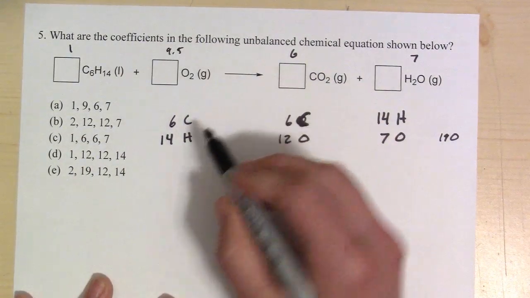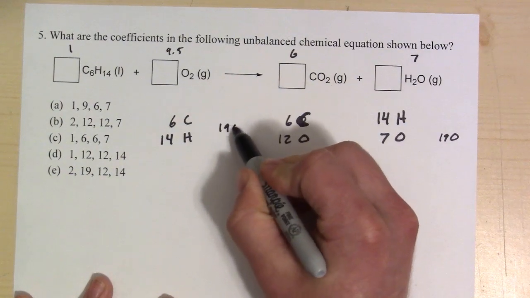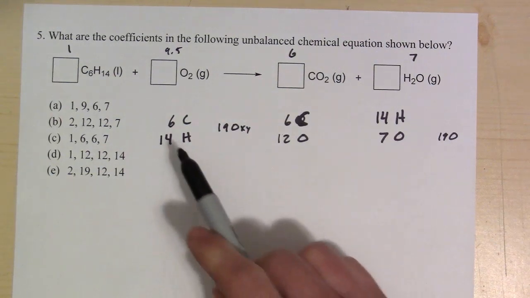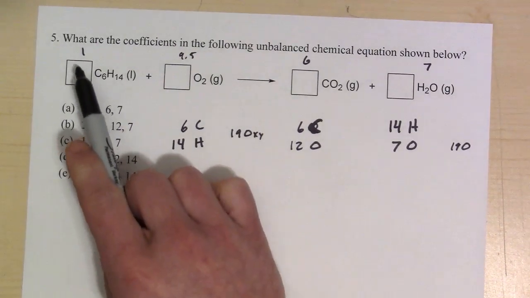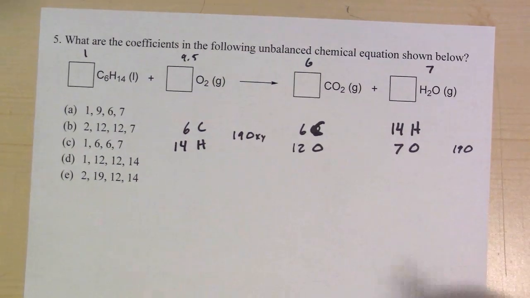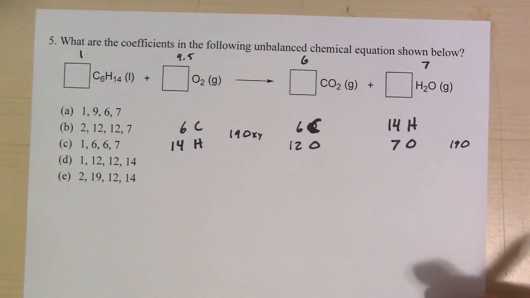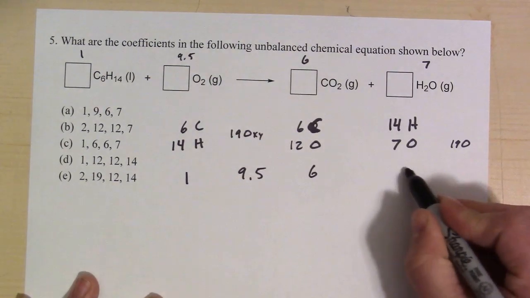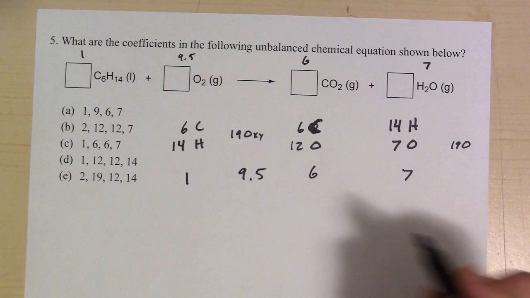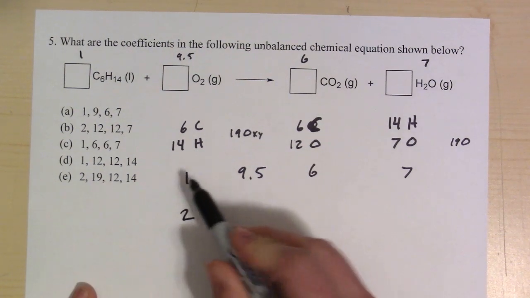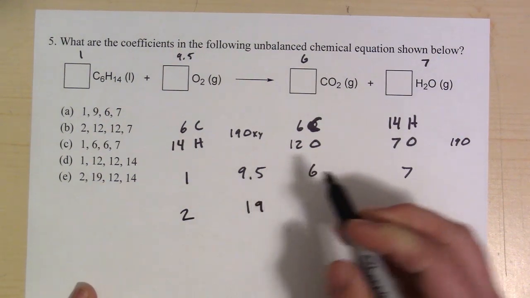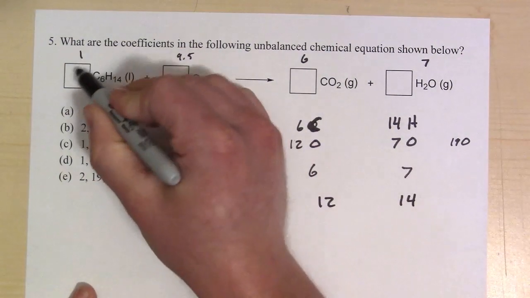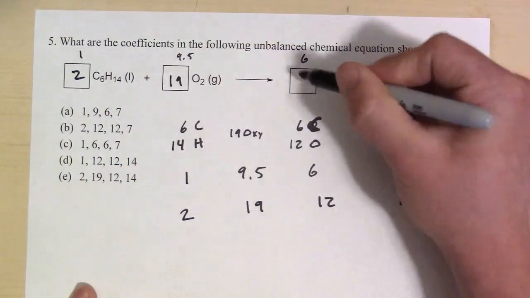So if we multiply that by 9.5, we do get 19, and this is oxygen. So our coefficients temporarily will be 1, 9.5, 6, and 7, but we can't have a fractional coefficient. So we'll take each of those coefficients and multiply them by 2, so that'll be 2, that'll be 19, 12, and 14, so those will be the